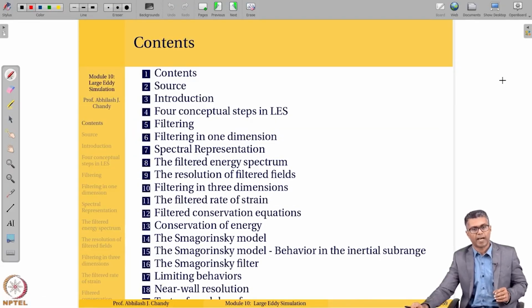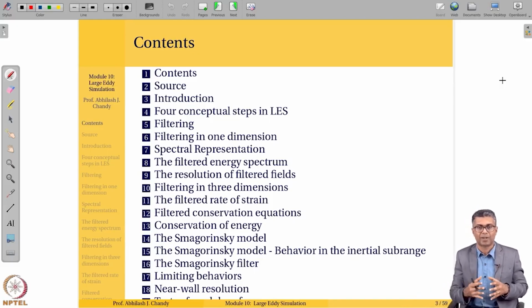So we are going to be looking at covering some brief introduction about LES, what are called the 4 conceptual steps in LES, and we are going to be talking about the filtering operation, which is the key concept here in LES. As you know, LES filters the Navier-Stokes equations. We are solving for the filtered variables, so it is important to understand what the filtering operation is all about. So we're going to be dealing with filtering in one dimension first, just trying to get a grasp of the concept. Then looking at that in spectral space or spectral representation,